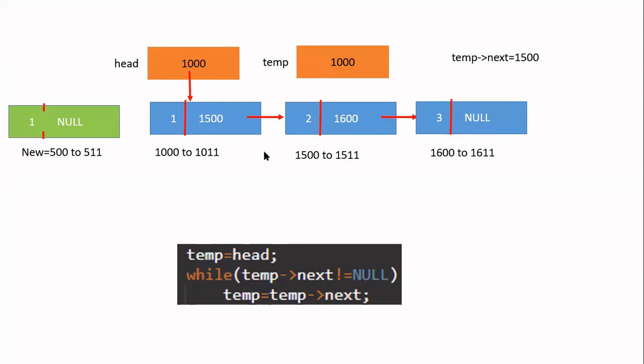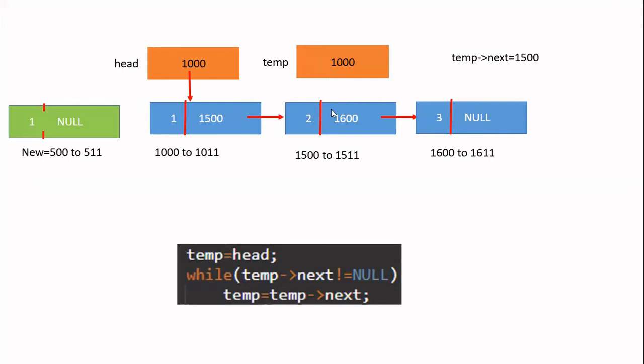If so, you have to make the next node temp. Like first you made this node temp; temp is pointing to this node. Now this node is not having null in the next field. So you make the next one, make temp a pointer to the next node. How to make temp a pointer to this node?